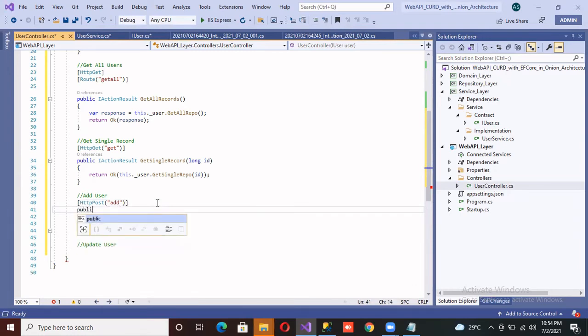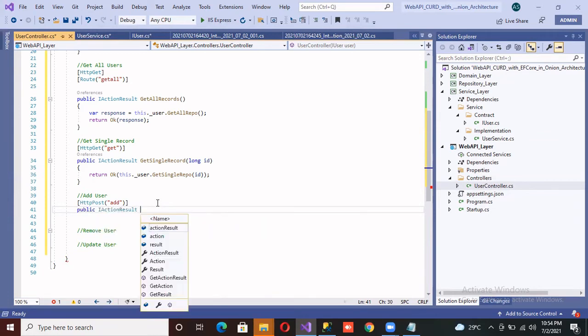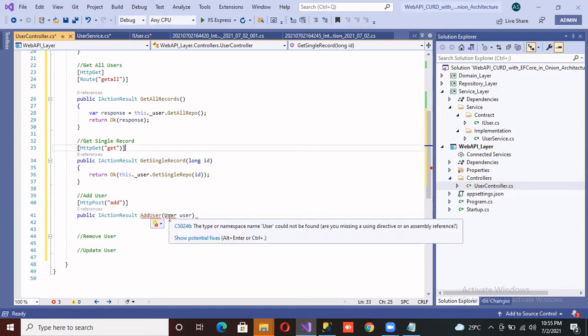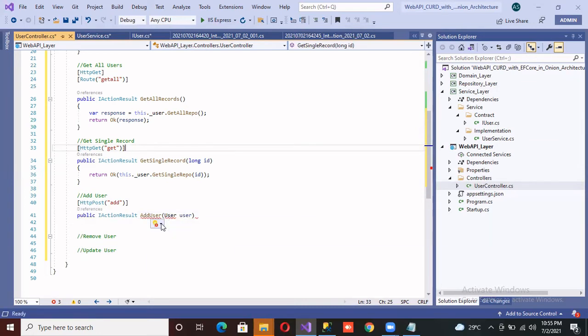And public IAction. This is the return type of the controller. And add user, and inside of this we have to pass user table. Okay, so this user namespace is not inside of this, so we have to use the namespace.